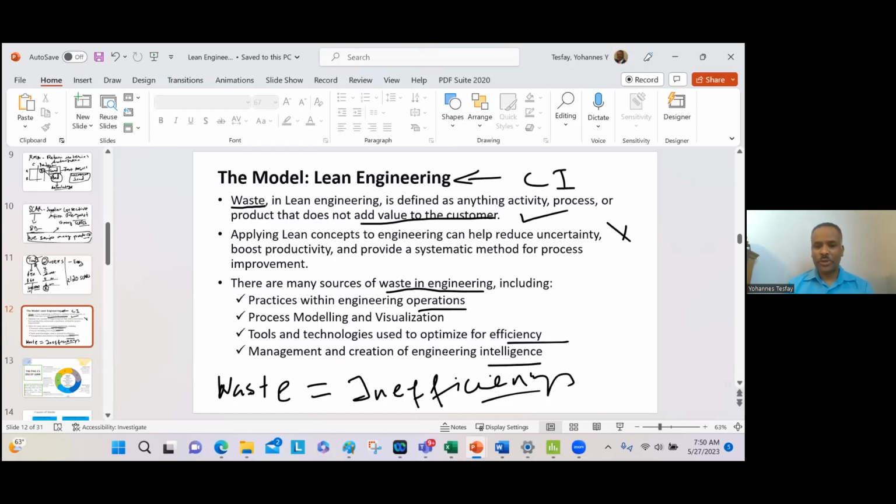Those could be the sources of waste, or the sources of inefficiency. So let's say if the engine of the car consumes a lot of fuel,